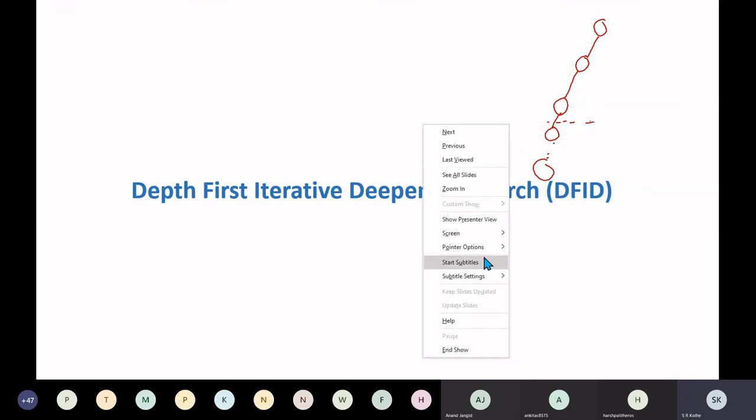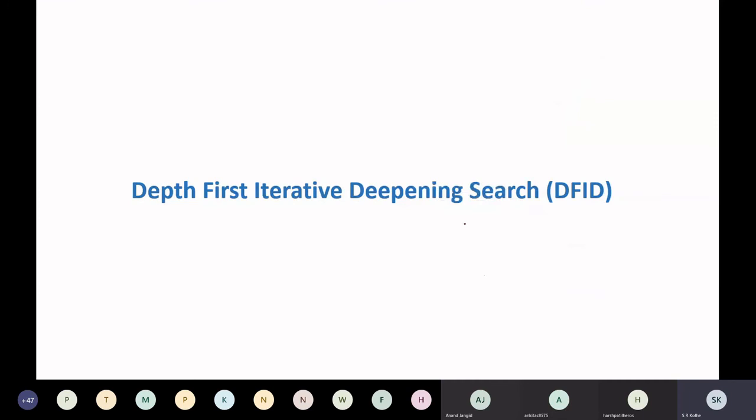So let us see how this can be done. That algorithm is called iterative deepening depth first search, DFID, that means iteratively, by increasing the depth, the algorithm will work like depth first search only. That's why the name.